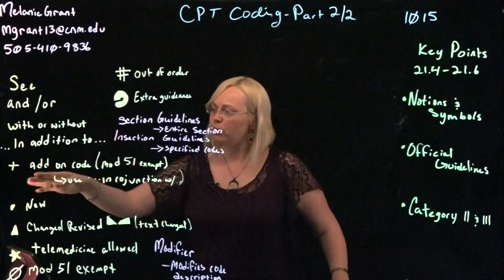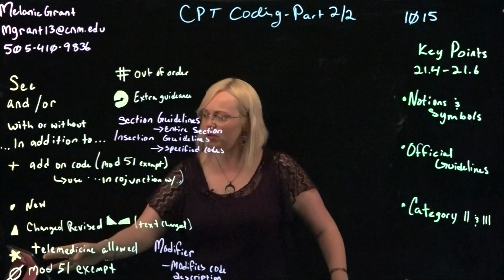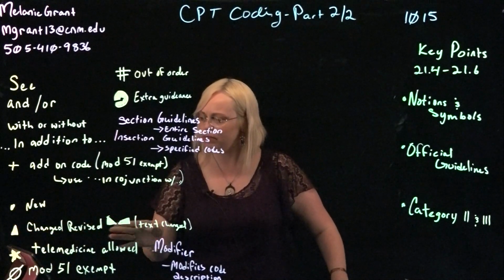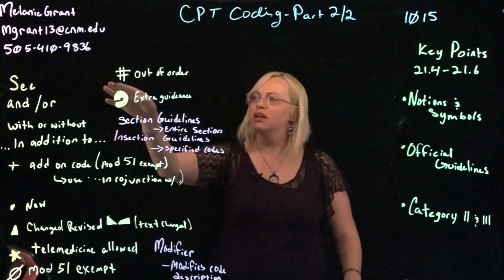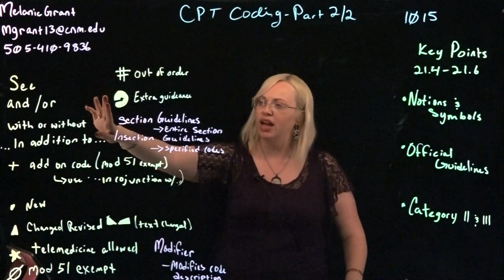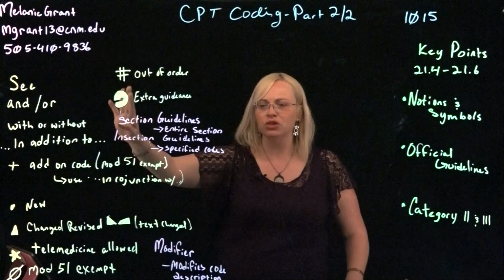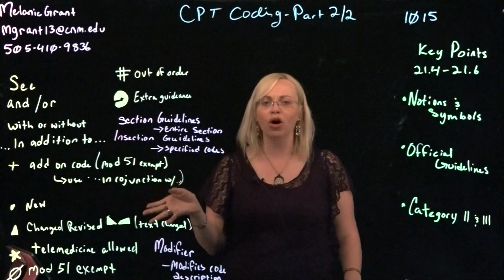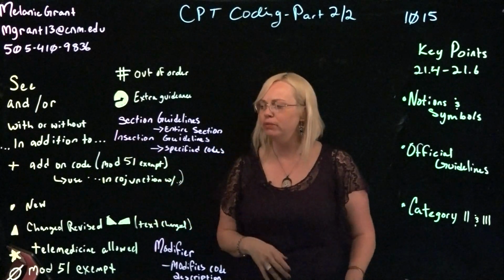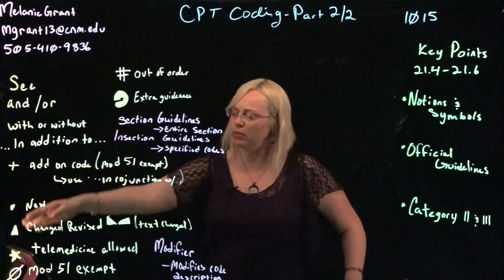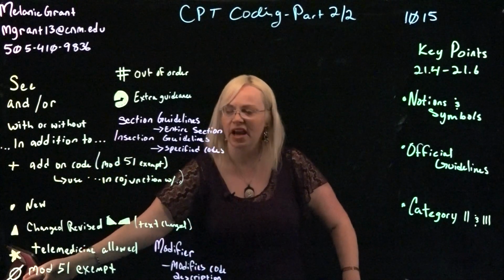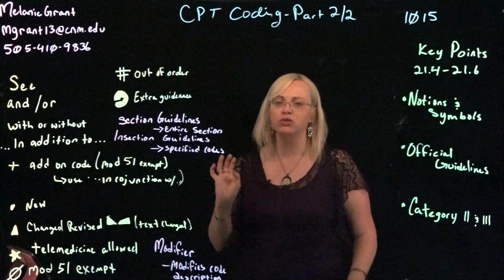Our symbols here, we have the plus, bullet point, triangles, star, circle with a dash through it, pound signal, and little arrow within a circle. These are all indicated in the handout for you, but just to kind of summarize them. The first one, our plus symbol and our 0 with the dash, are talking about codes that do not need